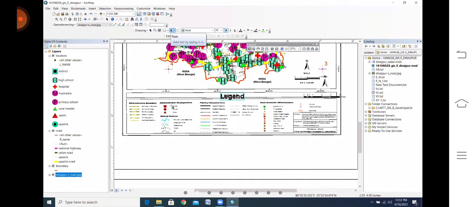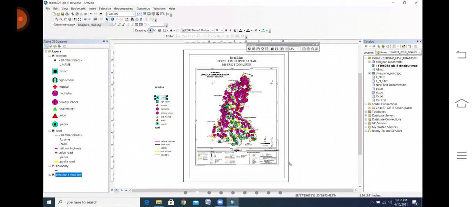And you need to move this item, how to move it? Okay, how to move it? I am just in full extent and suppose this item I need to move here like that. Okay. So rearrange it.